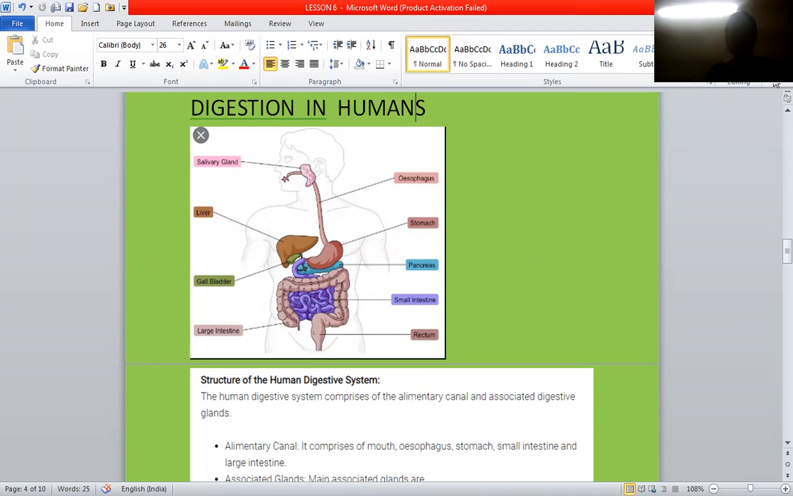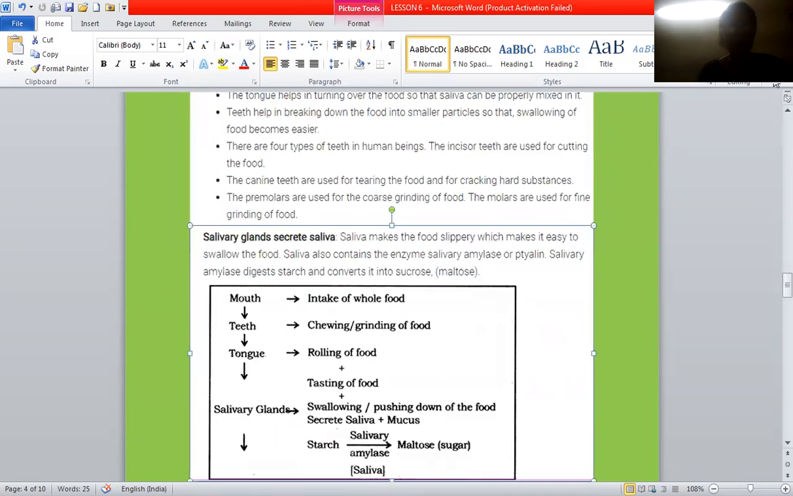Good morning, students. This is Class 10 Science, Lesson 6, Life Processes. In continuation with our last class where we have studied till digestion in stomach, we'll continue. We'll study now digestion in